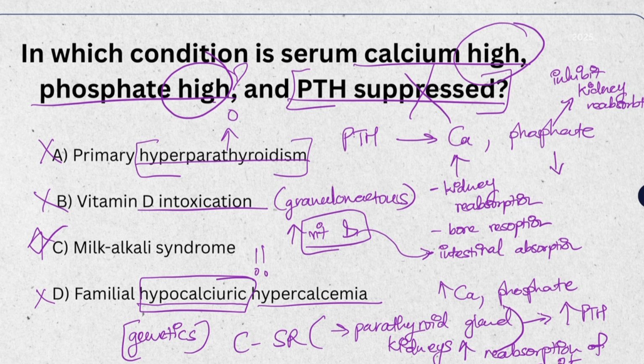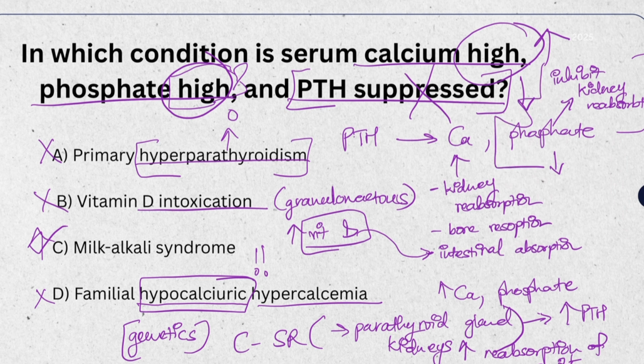So what happens here? We are going to have hypercalcemia and direct suppression of PTH. The phosphate in this case remains normal or high. Let's look at the first reason. It remains normal or high because, one, PTH is suppressed. When PTH is suppressed, it means no phosphaturia, because nothing inhibits the kidney from reabsorbing